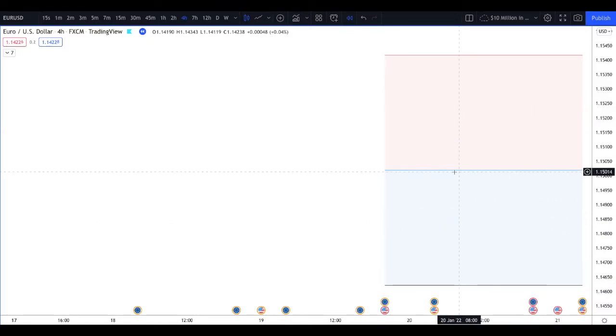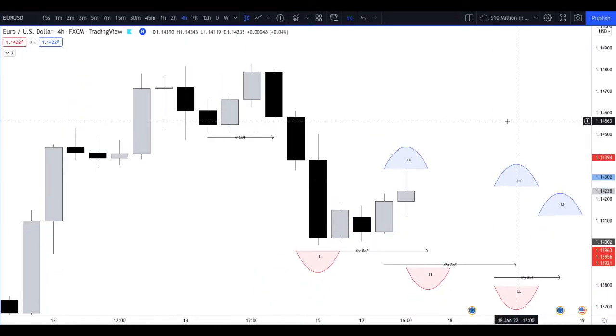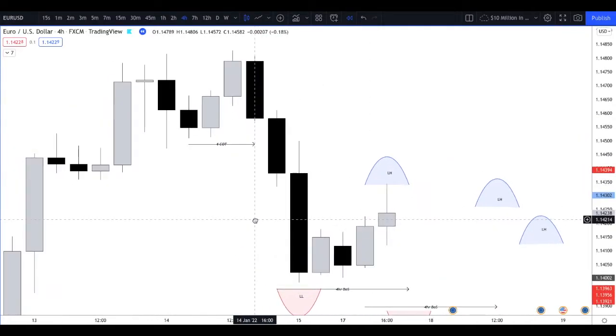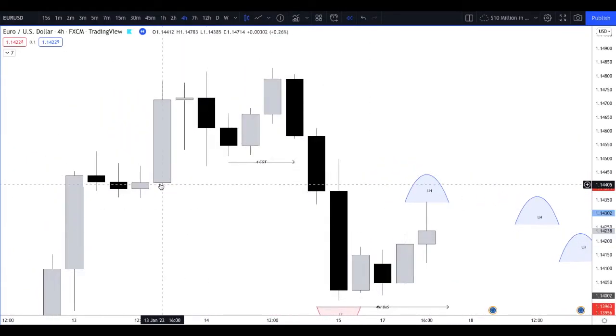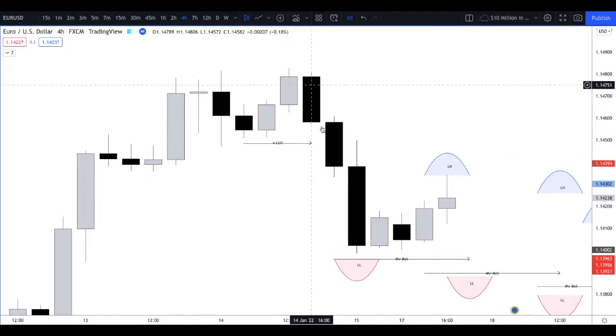So I'm just going to delete all this, and I'll just go through, and as you can see here, I've got stuff marked on already, all right? Just to save us a bit of time, we have the 4 hour chart. As you can see here, we're making higher highs, and then we made a new lower low. I'll zoom right in here, okay? So price action pushed down. Let's just draw our fib on